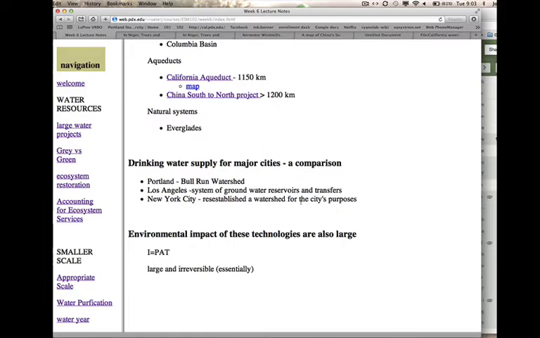So the environmental impact of these projects is enormous. We're just talking about these large water projects now, and that's because if you look at the impact equals population affluence technology relationship, these projects are large and essentially irreversible. Once you dam up a river, once you create aqueducts and start diverting water, once you establish a whole watershed with pipes and pumping stations, those are large projects.